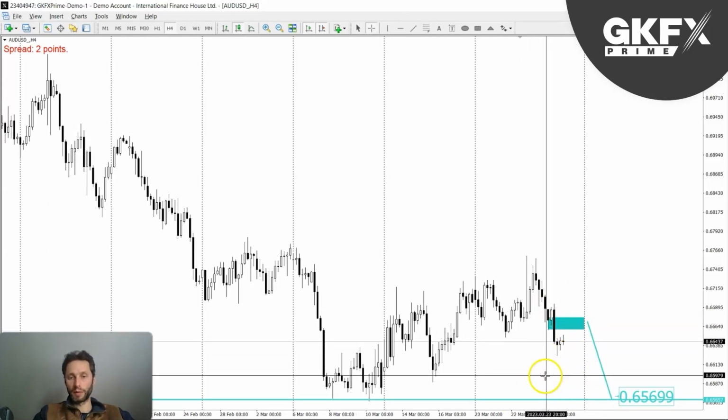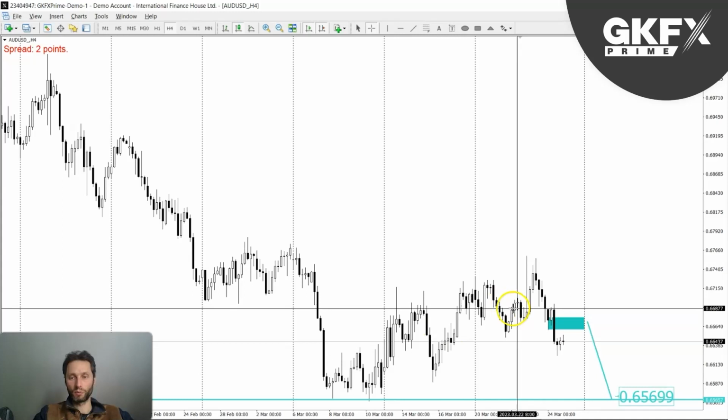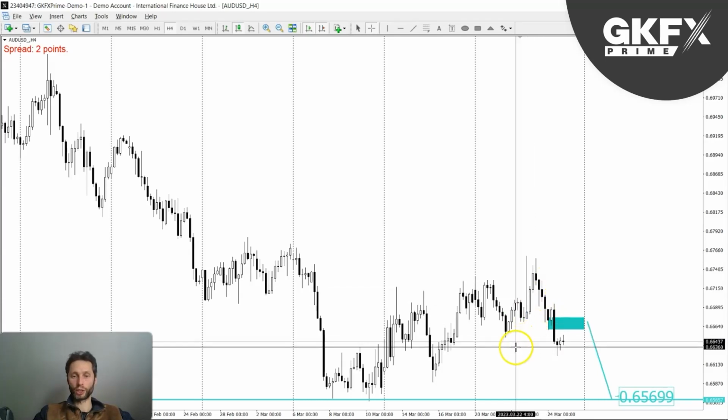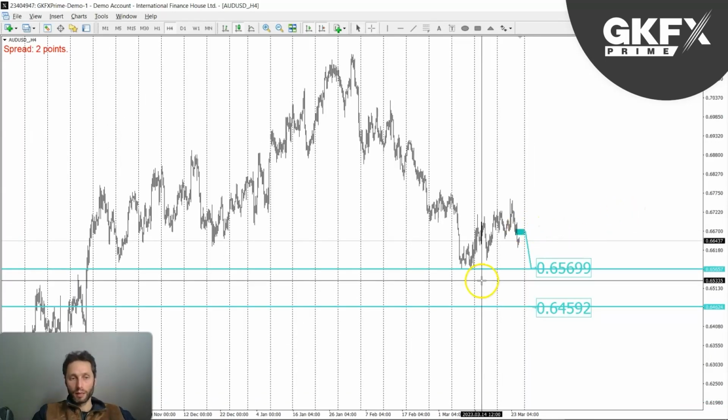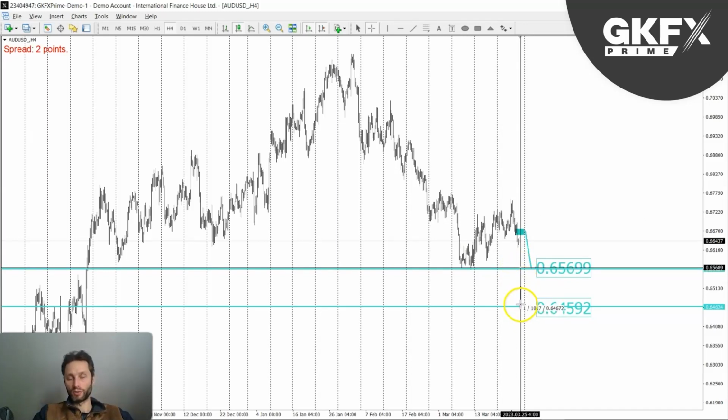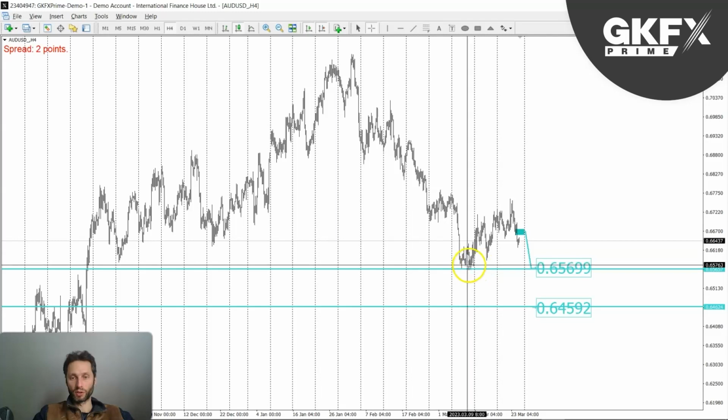So I'll have the sell bias here on the Aussie dollar. We have not pushed higher. We have broken structures here, and then we could see this bearish price action. And then once we get to this level, then we'll see if we get further downside from there, which is another 100 pips away. But this will be the first point of reference.